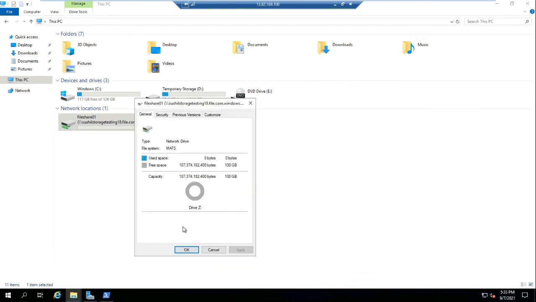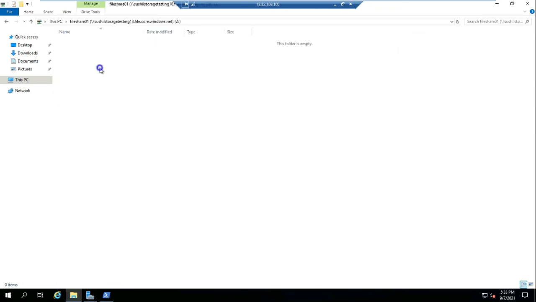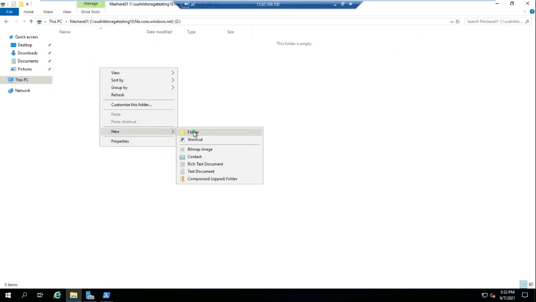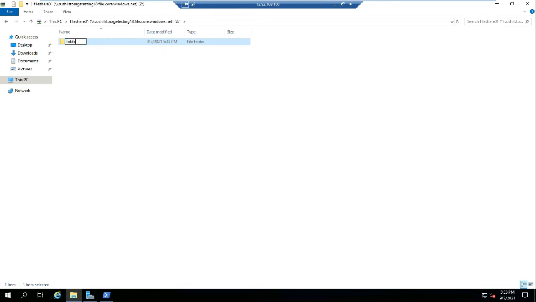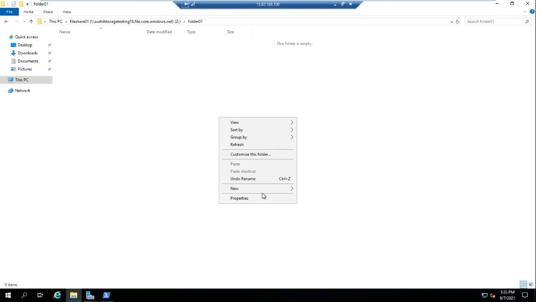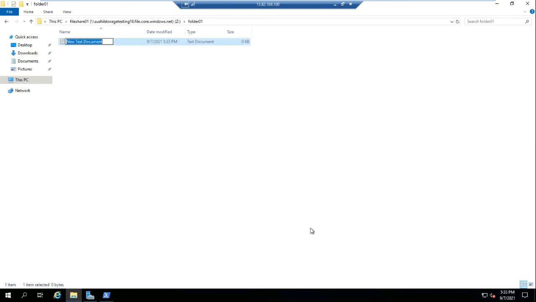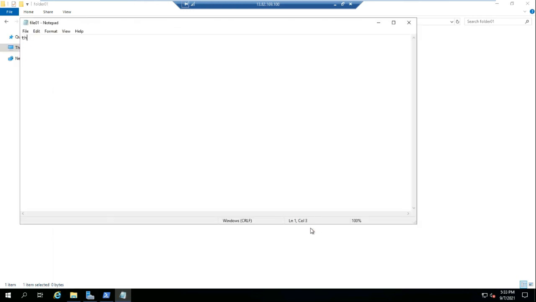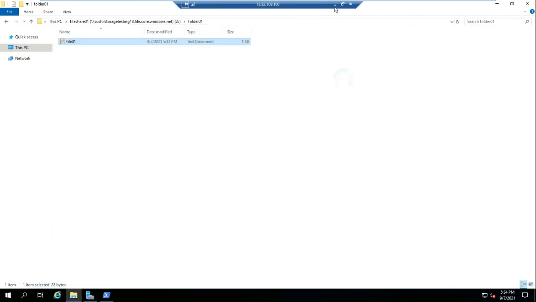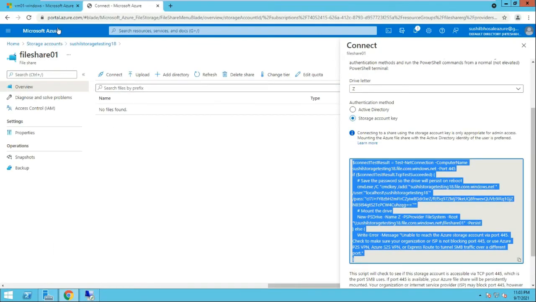This is the 100 GB file share that we have just mounted. Let me go inside and create one folder. And one file I am going to create, file 01, and I am going to write some data. This is written from Windows. Save it. And now we are going to connect to the Linux virtual machine,